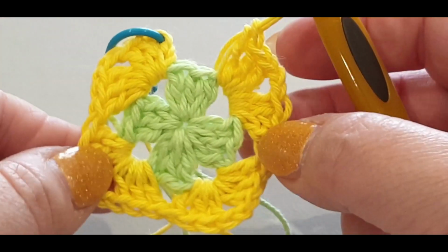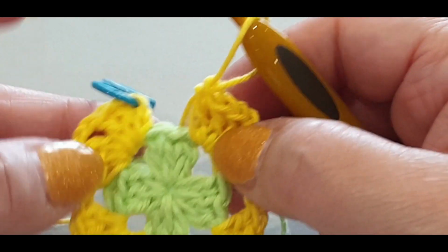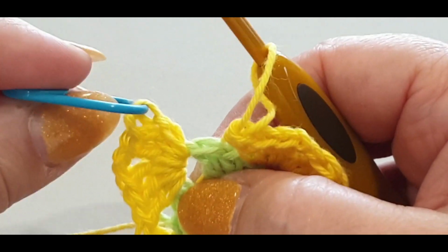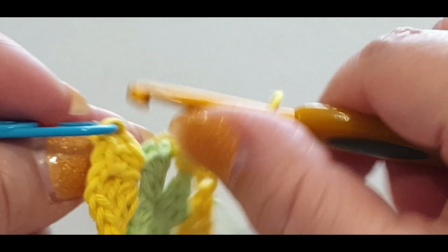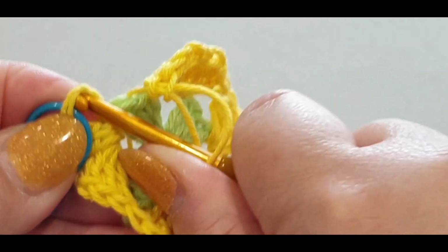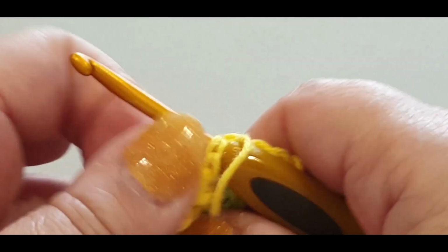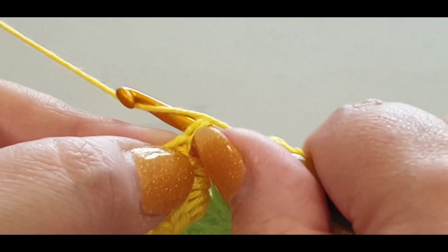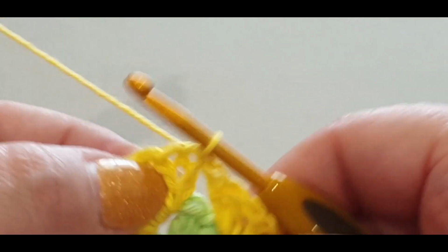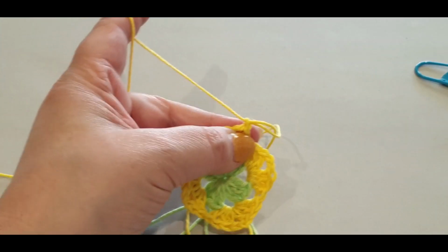All right, so what we have here is that. How gorgeous are those colours, so bright. Oh, I'm so excited. From here, all we're going to do is slip stitch into that stitch marker. So we skip over our 3 double crochets and slip stitch into the stitch marker stitch, not the stitch marker. Take out your stitch marker, it can get a little tight there, yeah. Grab your loop and pull it through to the loop on your hook, tighten it up a little, pull up a loop or chain 1, whatever you want to call it,